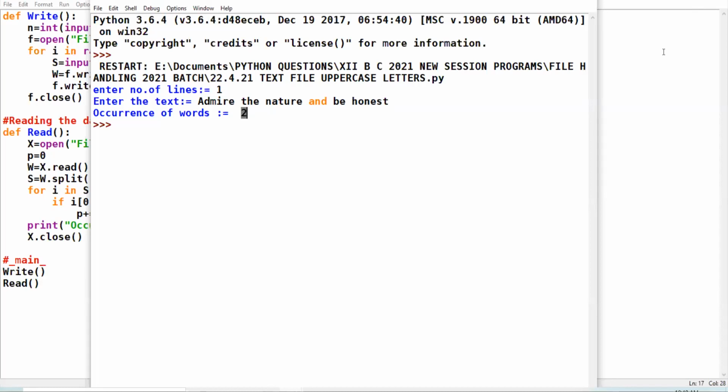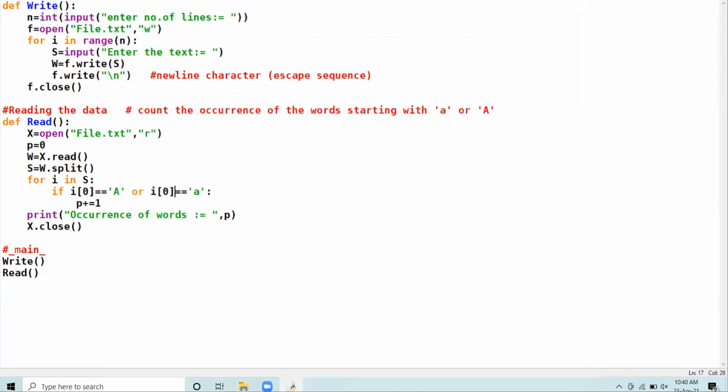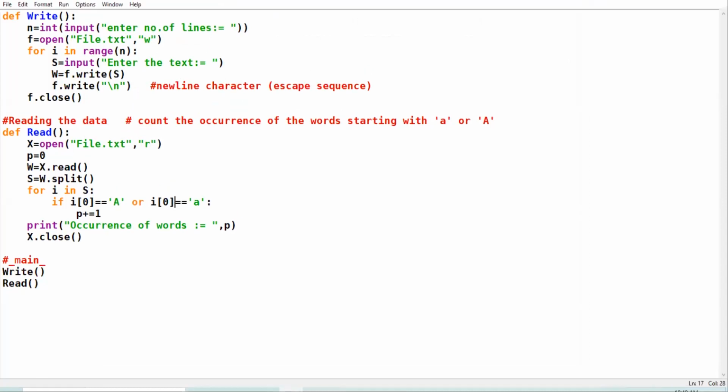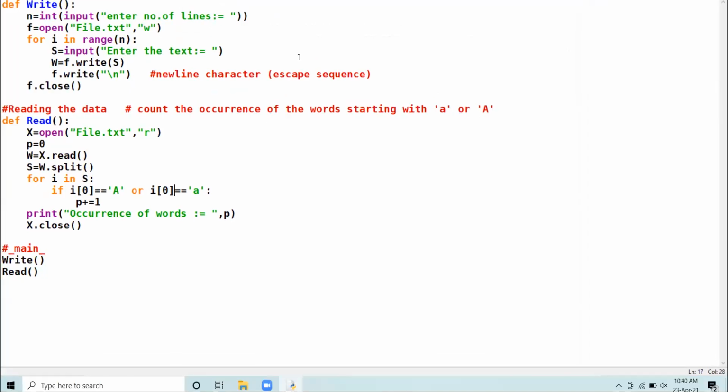All the possible programs going word by word I have discussed with you people. Whatever the possibilities are, these are all the questions which have come in the previous board examinations. Now I am giving you 1 minute. Go through the coding carefully, and if you have any queries, you can ask me.